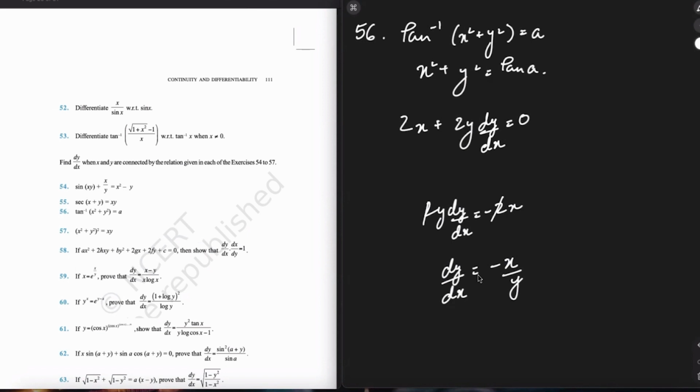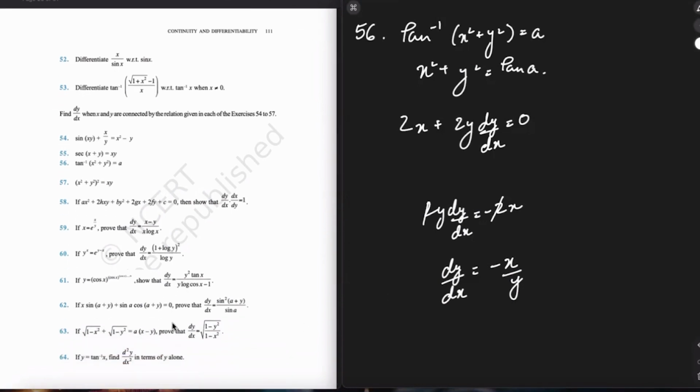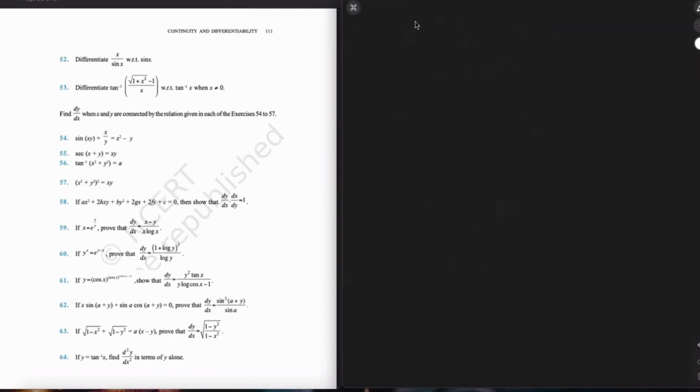So this will be our answer. Now, we have to start from question number 60, I think. I had to do question number 60 first. So question number 60 first, right? So in question number 61, y is equals to cos raised to the power of cos raised to the power